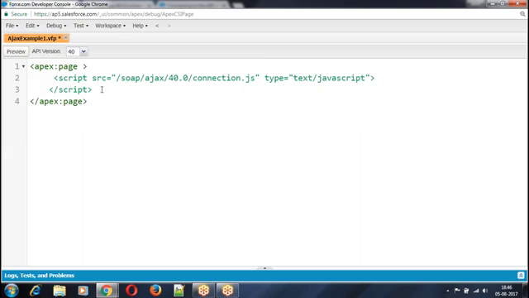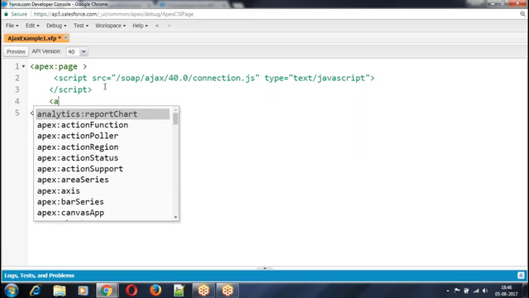How to include the Ajax toolkit within the Visual Force page? Use the connection.js file. Once we have used the connection.js file, then we are going to establish a connection with the